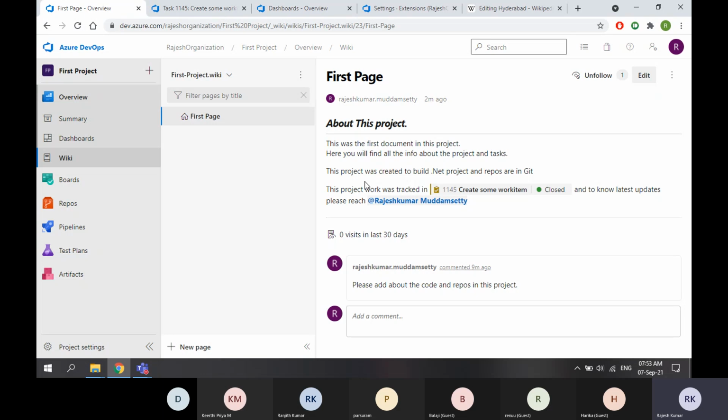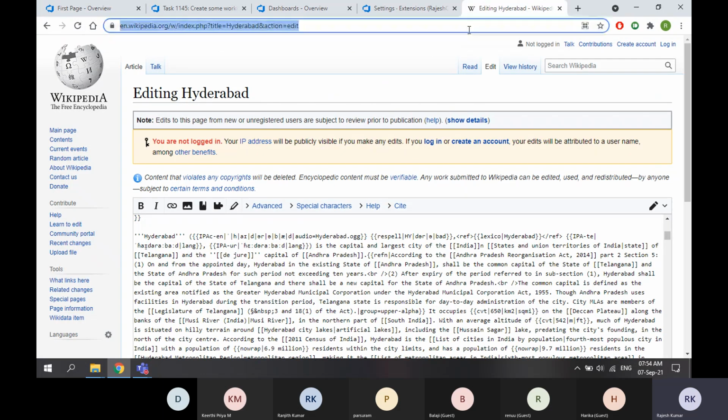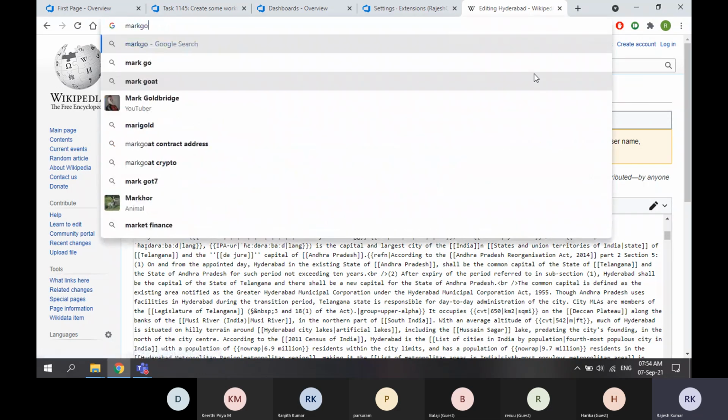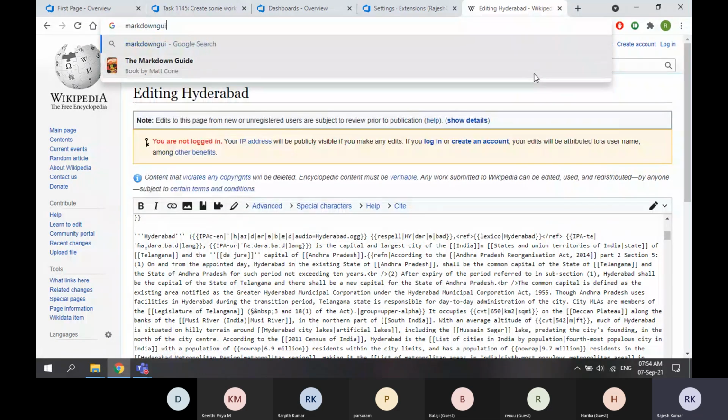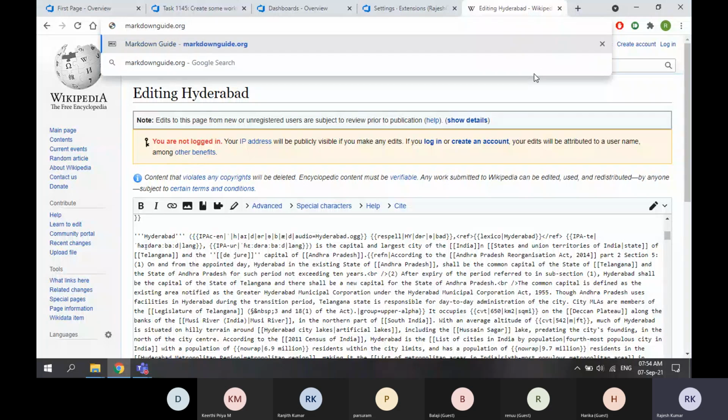So Markdown, as I said, is a separate language to write your documents. So you need to learn the Markdown language, guys. It's not a tough one. It's a very easy one. There is a separate website for that, markdownguide.org. Okay.